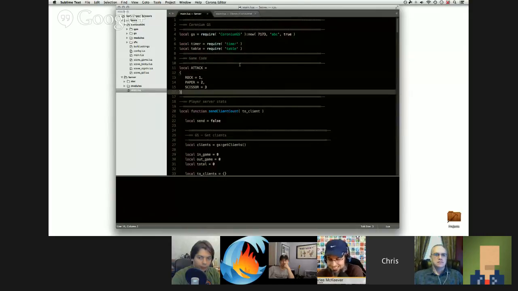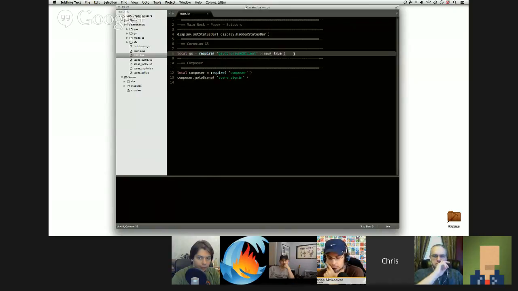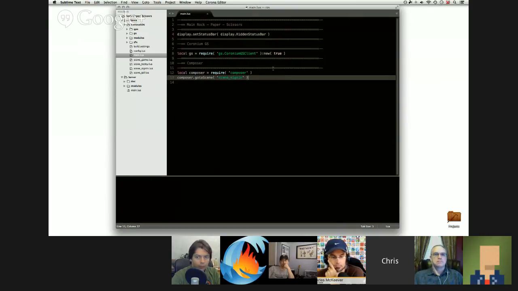So let's start with the client side. This is just the main.lua. That's pretty common for all entry points. And then I've built this around a Composer template. So I just bring in my Coronium GS client, on the client side. And it does have a flag for if I want to globalize it. In this case, I usually do that just because it's easier to transport it across the different scenes on